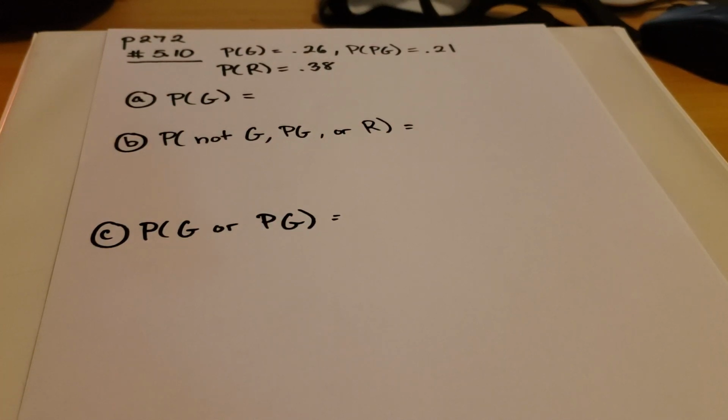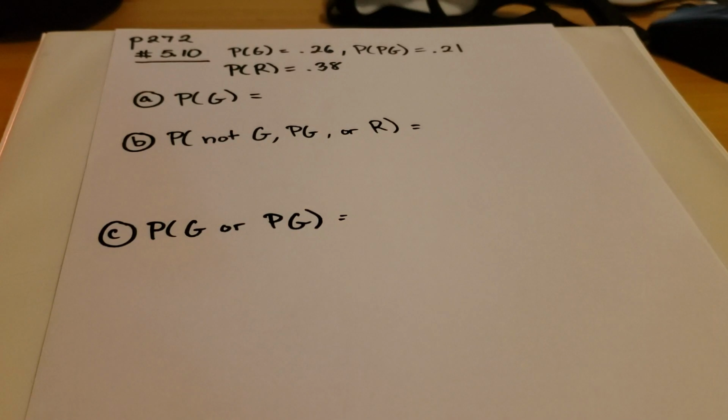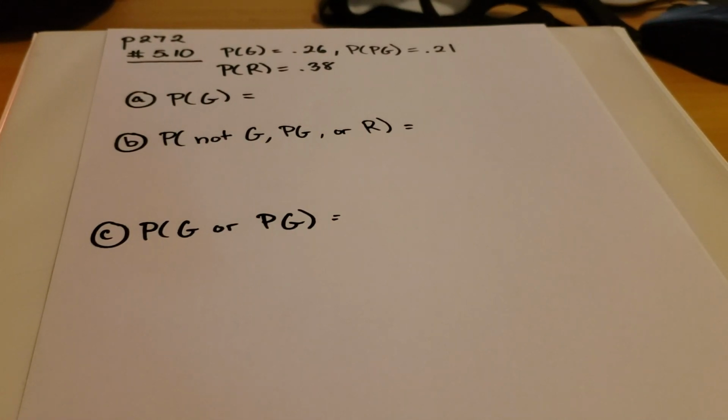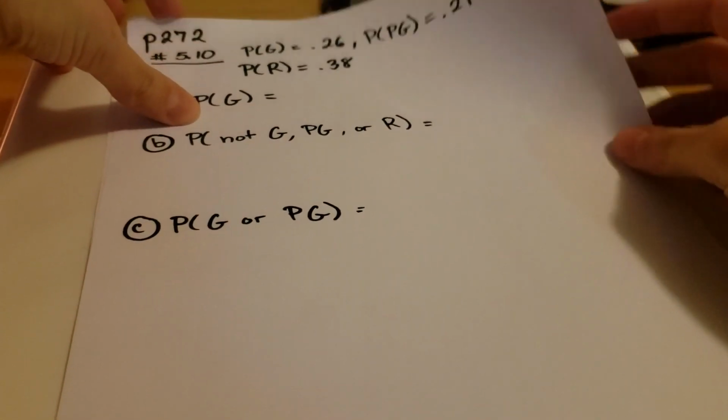Yeah, I'm going to go over two problems from the first homework assignment now. These are even numbered problems that don't have solutions in the back of the book. Pretty much all of the odd numbered ones do have solutions in the back. And these two problems that I'm going to go over, 5.10 on page 272, and then we're going to go